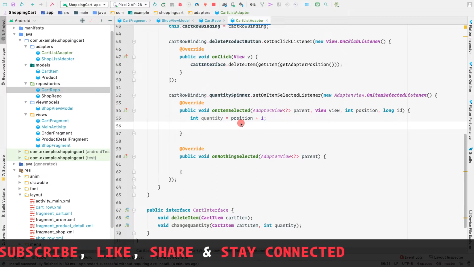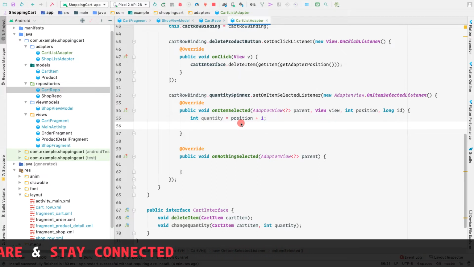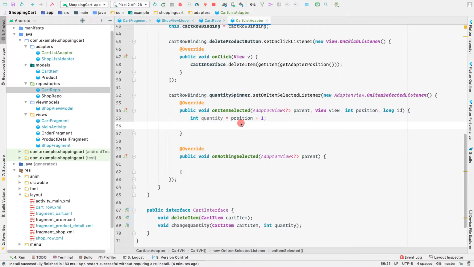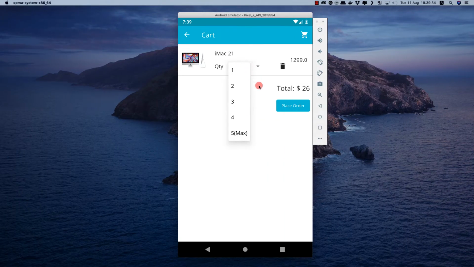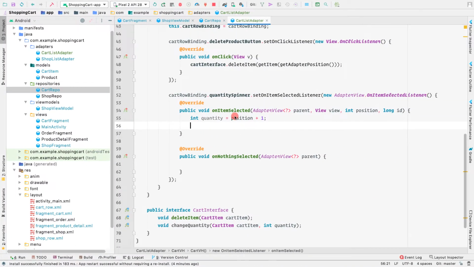And now firstly we'll make an if check here, that is whether the current quantity of the item is equal to the new selected quantity, because we do not want to update our recycler rows when the previous quantity was 5 and someone again selects 5. This method would always be called whenever you select an item, and it doesn't matter whether you selected the same index or a new index, it will always be called.